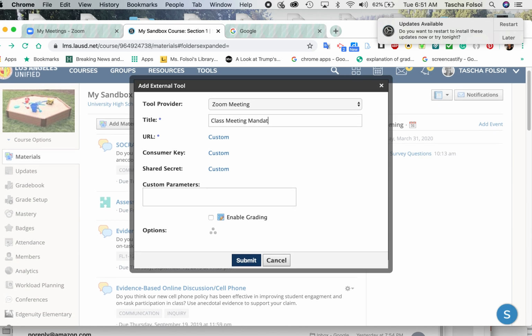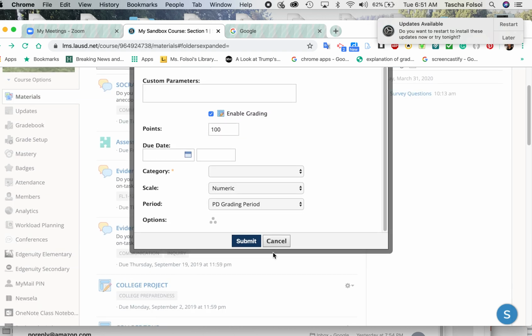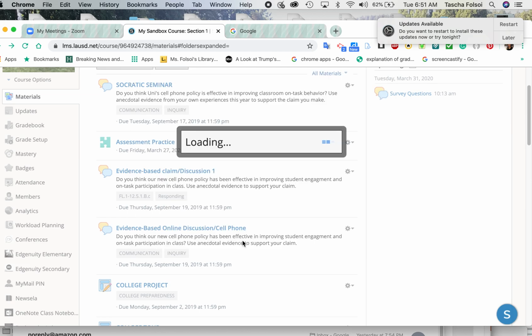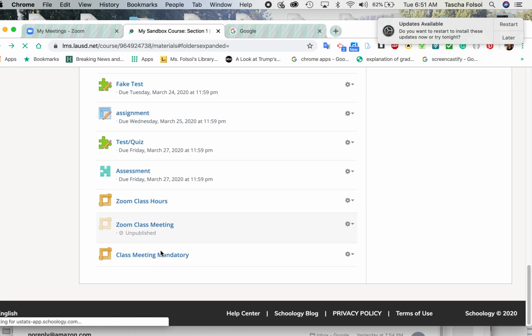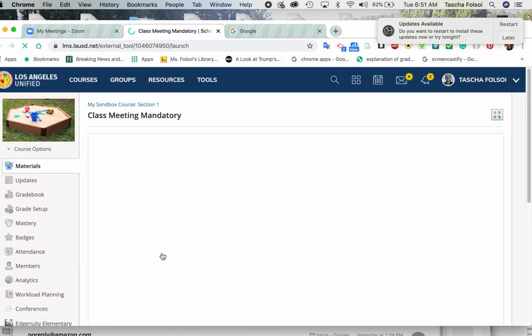Mandatory if I want it to be mandatory. And if I want it to be mandatory and I just want to, I can tape it if I just have my own voice, if that's what I decide I want to do. I can enable grading on it so that if I want to grade them for attending or a participation point, I can do that. If I don't have a lot of different things here for my Schoology class. And so I submit that. And now that's down here. You can see it's been added, and I can go into it, and now I'm going to